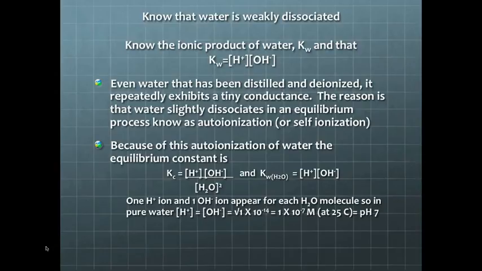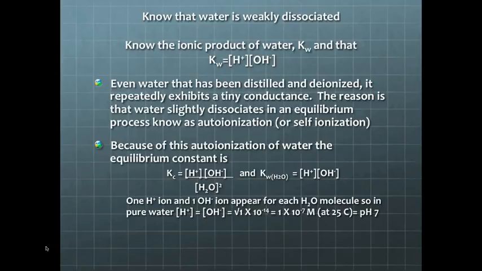Now, even water is weakly dissociated into hydrogen ions and hydroxide ions. Even water that has been distilled and deionized repeatedly exhibits a tiny conductance. That means it carries an electrical charge. The reason is that water slightly dissociates in an equilibrium process known as